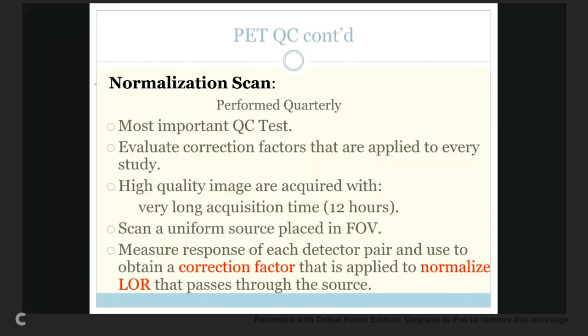All right, so now we have the normalization scan, and that's done quarterly. It's the most important QC test. It evaluates the correction factors that are applied to every study. High quality images are acquired with very long acquisition times, which would be 12 hours. You scan a uniform source that's placed in the field of view, and it measures the response of each detector pair